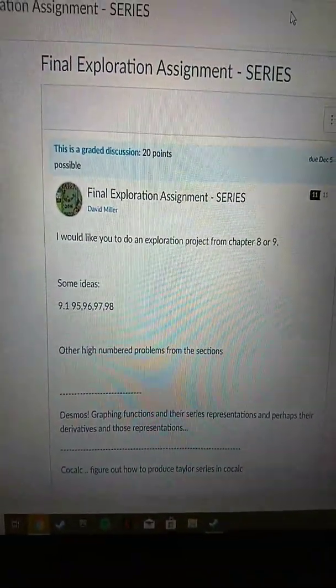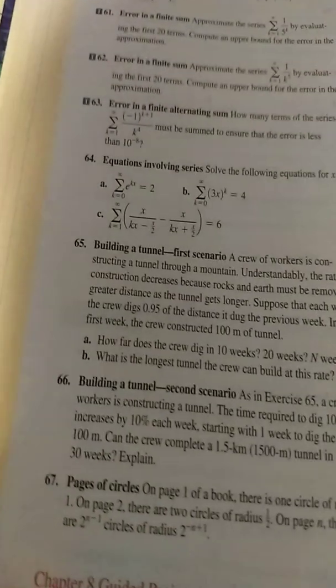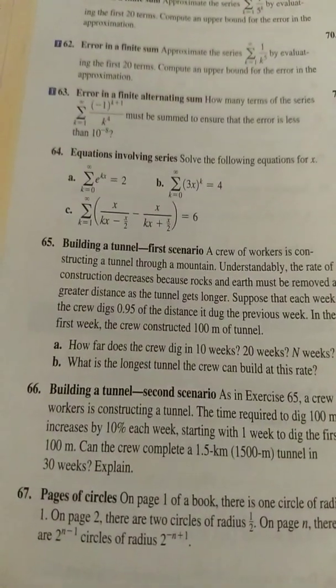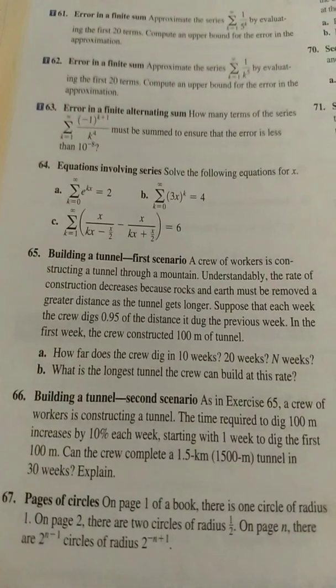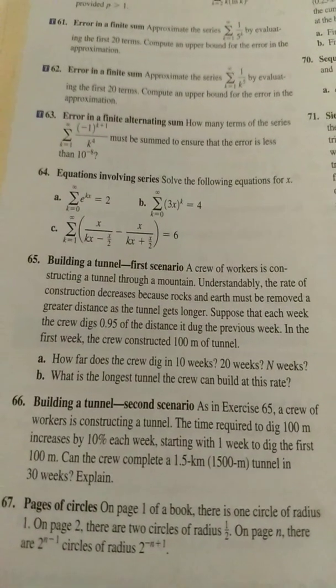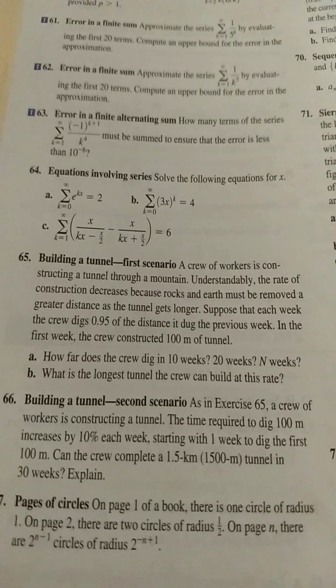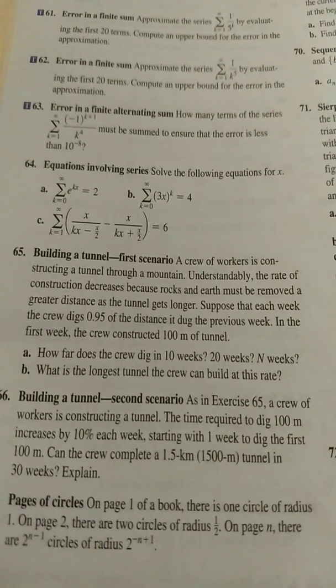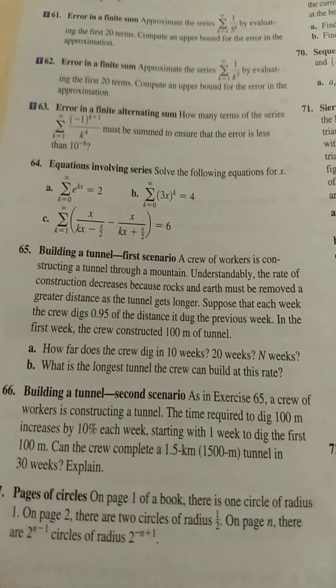Okay, I am doing the final exploration assignment on Chapter 8, Sequences and Infinite Series. It's number 65, in the review exercises at the end of the chapter. It tells you that a crew of workers is constructing a tunnel through a mountain. Understandably, the rate of construction decreases because rocks and earth must be removed a greater distance as the tunnel gets